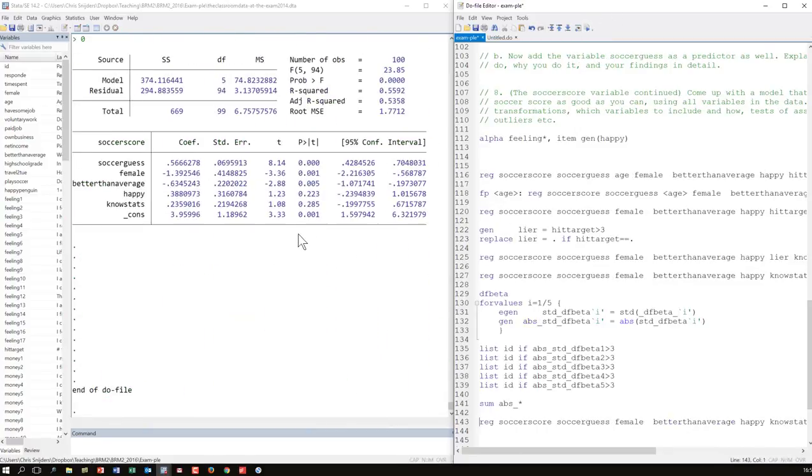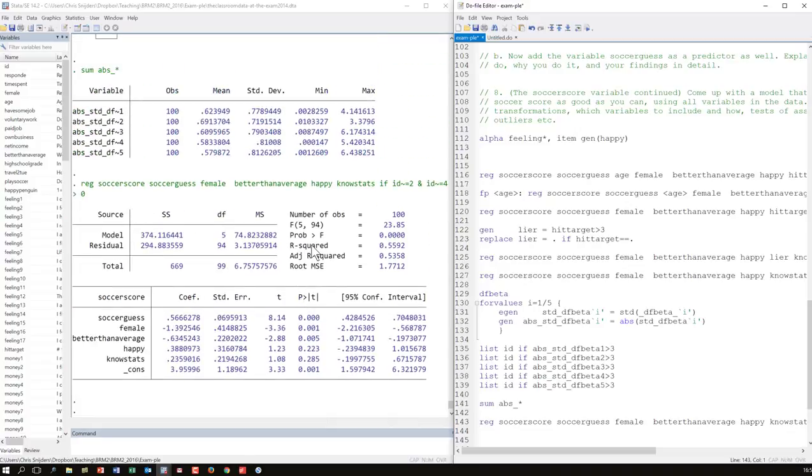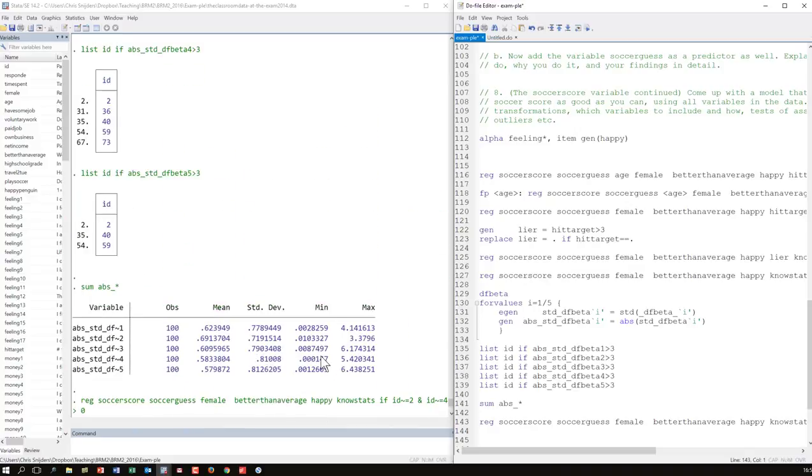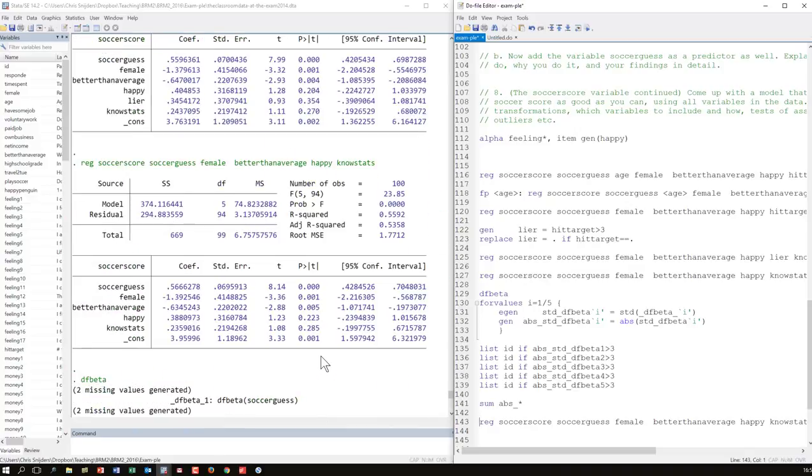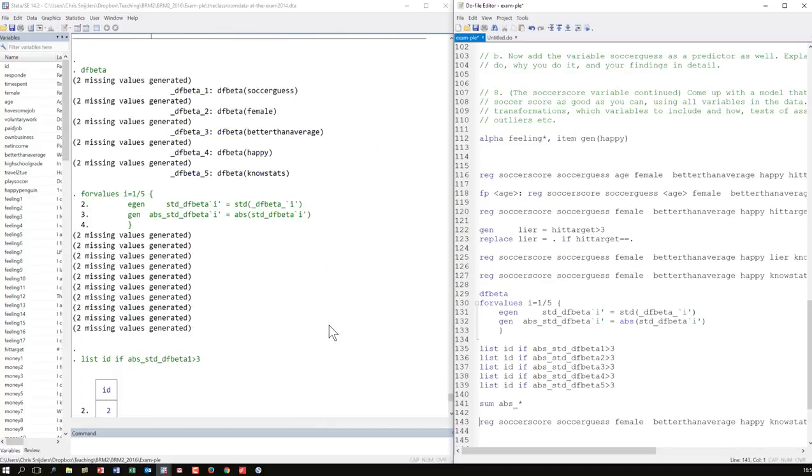Okay. Okay, so we have significant values over there. Happy and no stats are now no longer significant, or are not significant. I'm not sure if they were at all here. I don't think so, actually.